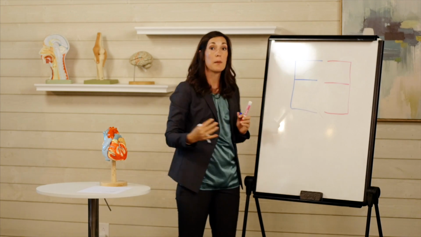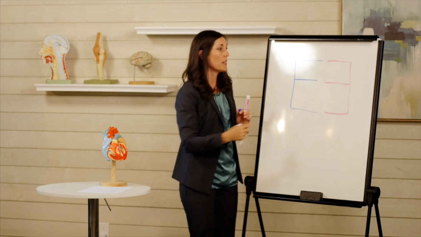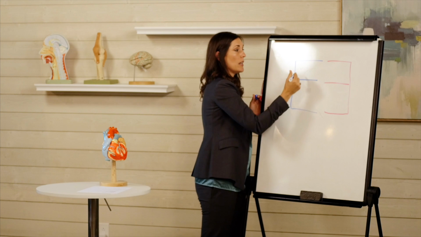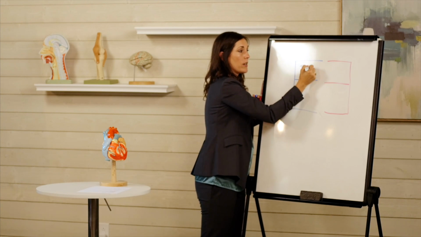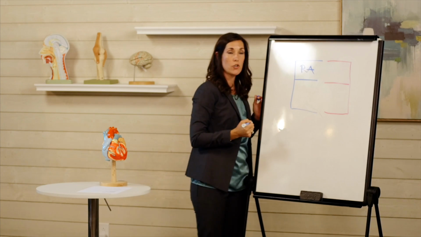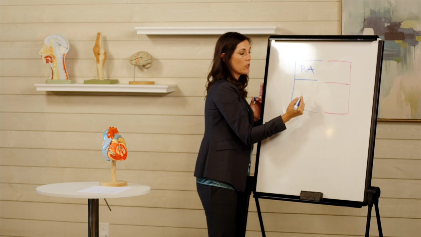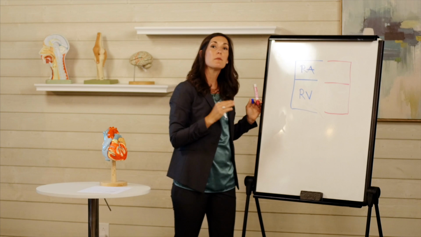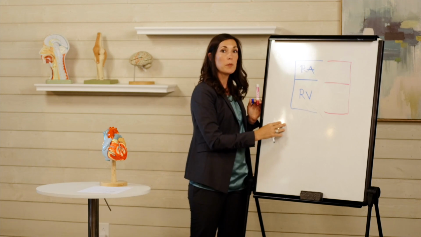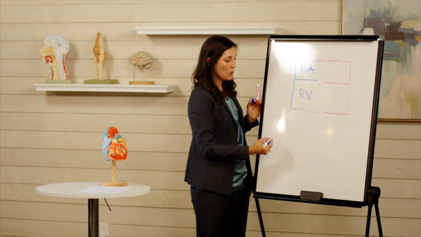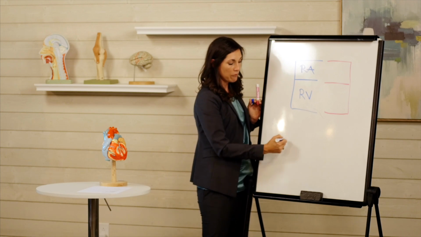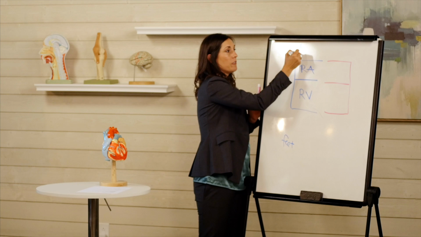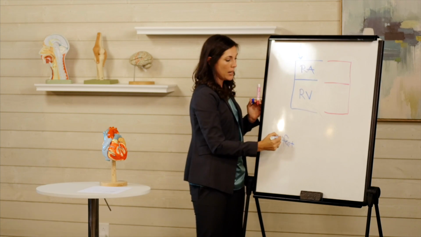This side, remember, it's based off of anatomical position. This is the right side. So the top, most superior chamber is called the right atrium. So we have the right atrium. Below it, inferiorly, you will find the right ventricle. Now, the reason I did this in blue is because it is receiving blood from the body. So whether it's from your feet down here or from your head up here, blood flow returns to the right atrium,